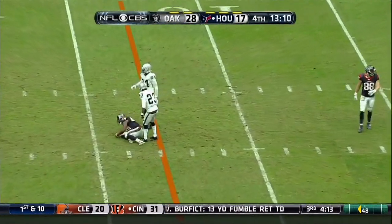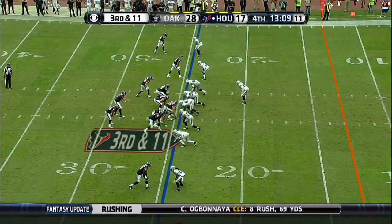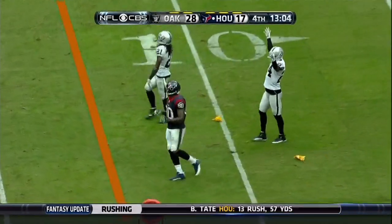That's a second and 8. May have been 3rd and 6 from Matt Schaub. They jumped. They moved, Kevin. They sure did. 13. They've missed their last 5 third downs, and that is incomplete, but it's going to be a flag on